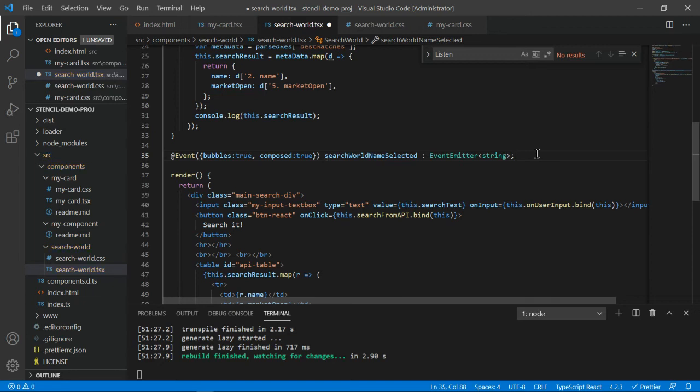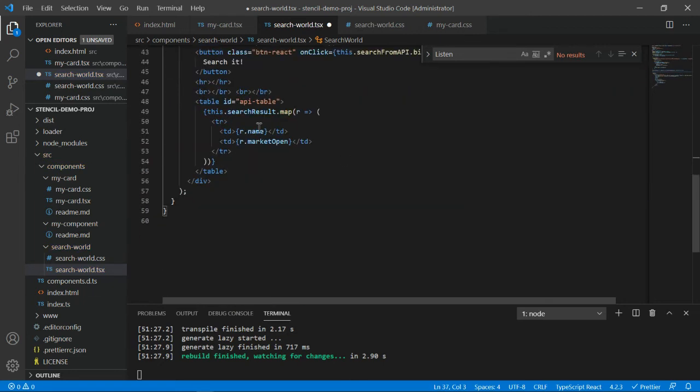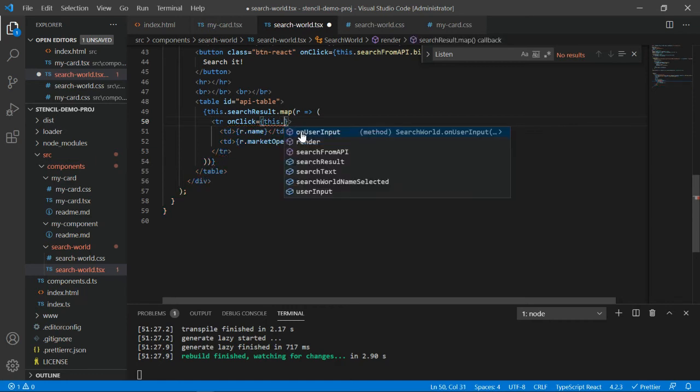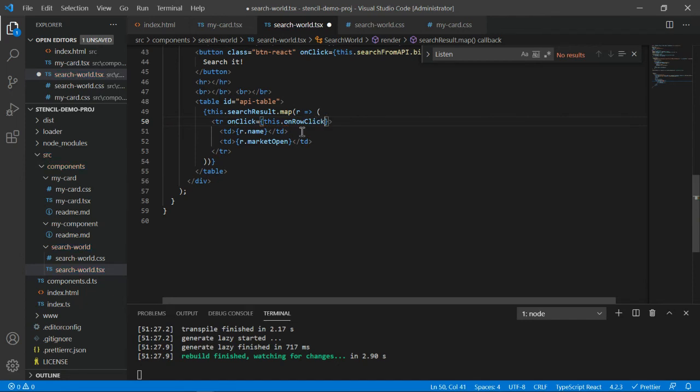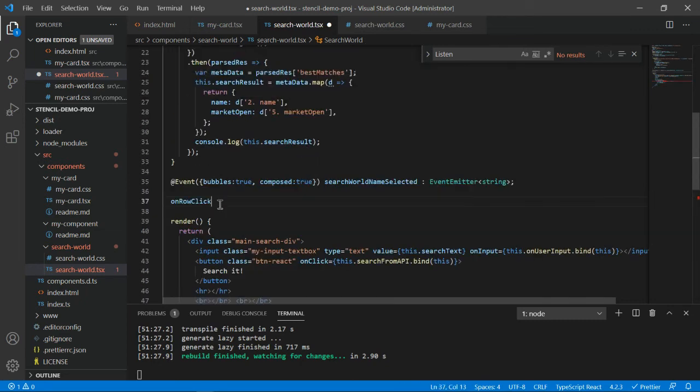Once this is done, you have to create an onRowClick event on this row. And how do we actually call it? We have to write on. We have seen so many times now, onClick. Start the curly braces, and here you have to write this.onRowClick, whatever the name of your method is, and then bind. Always the first parameter is this, and after that you can pass r.name as a second parameter. Now let's copy this name and create a method here, onRowClick, which is expecting one parameter